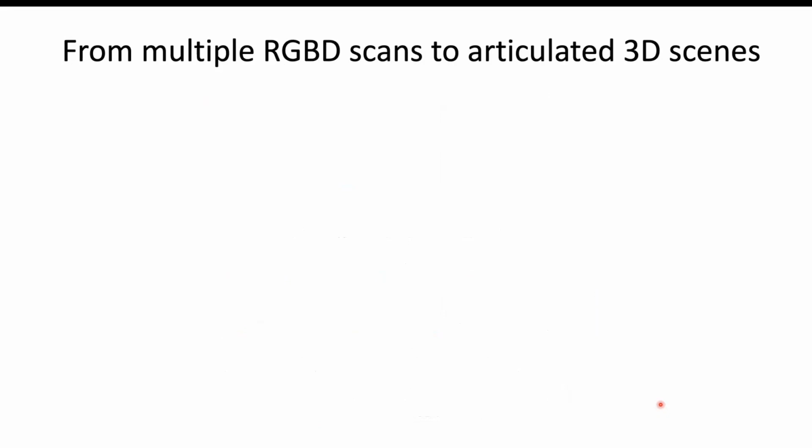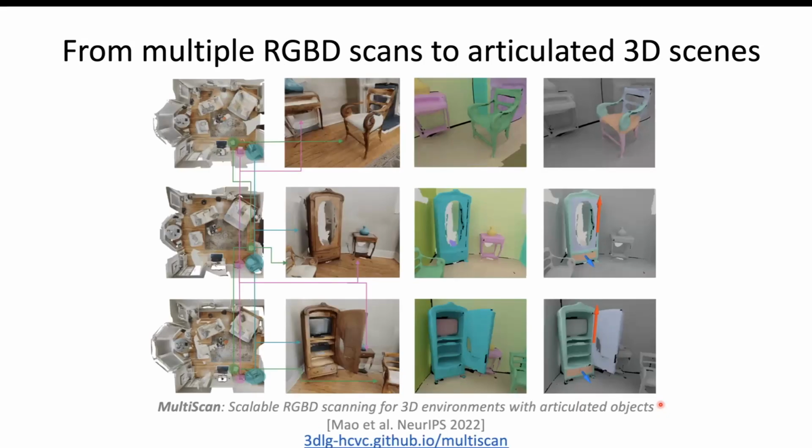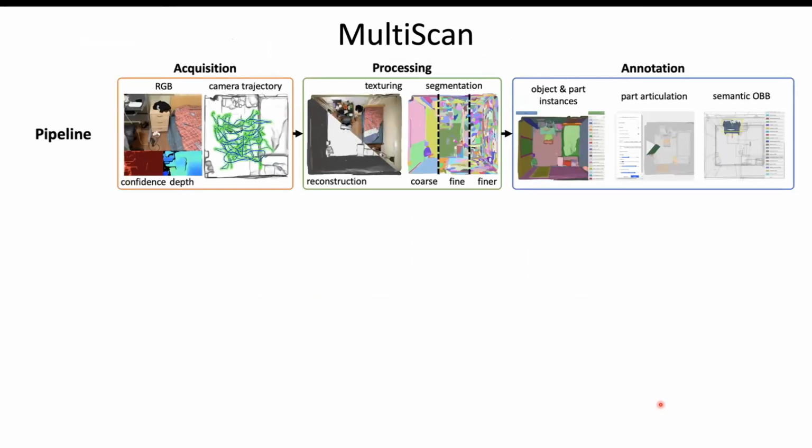Another recent project, which again relates to this direction of creating more interactive 3D scene datasets, leverages this idea: going from multiple observations, multiple scans of a space, of an indoor environment, to an articulated, interactive version of that 3D environment. It's called MultiScan to reflect the fact that we are scanning an environment multiple times. And it relies on the development of a pipeline that allows us to efficiently capture a room multiple times,